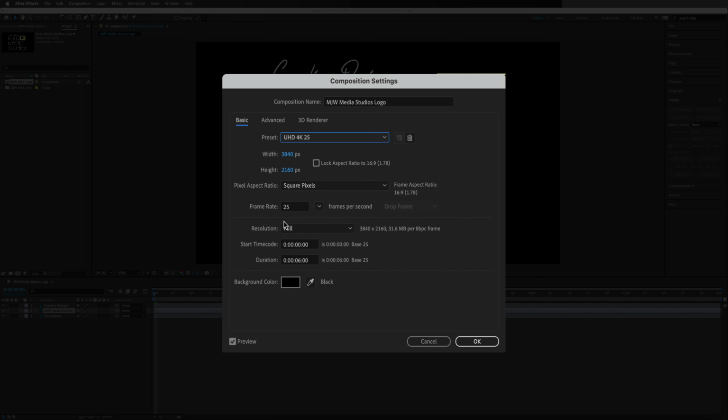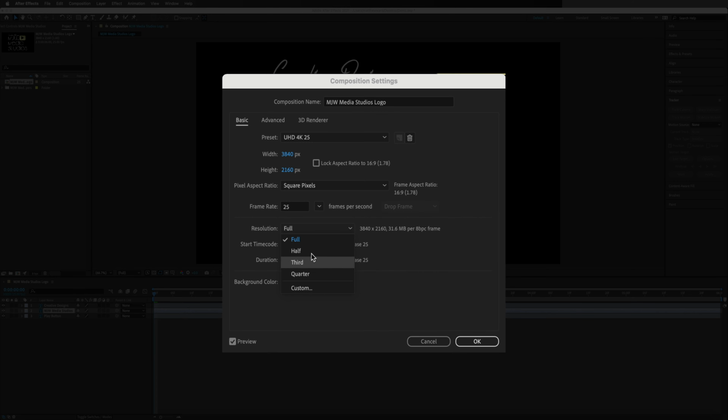Then underneath that, we have this resolution. And this is kind of an important thing. It depends on the speed and the power of your computer as to what you're going to choose inside of here. I'm on an iMac Pro, so it's a pretty high spec computer. So I don't really have many problems with running things at full power or full resolution. If you do have a computer that may struggle when you end up with hundreds of layers and is trying to render everything at once, you can just come in here and change this full to half or third or quarter or custom.